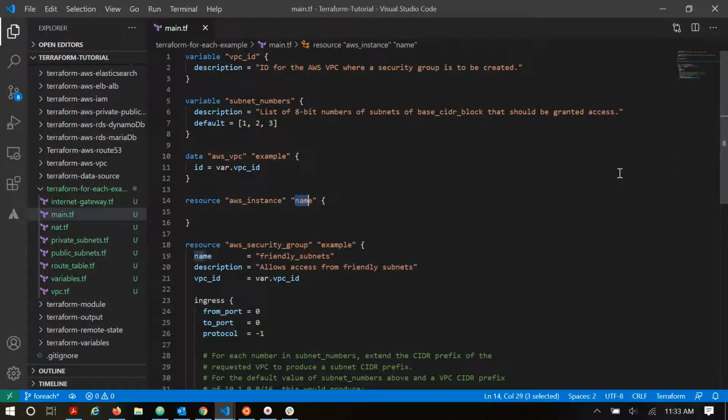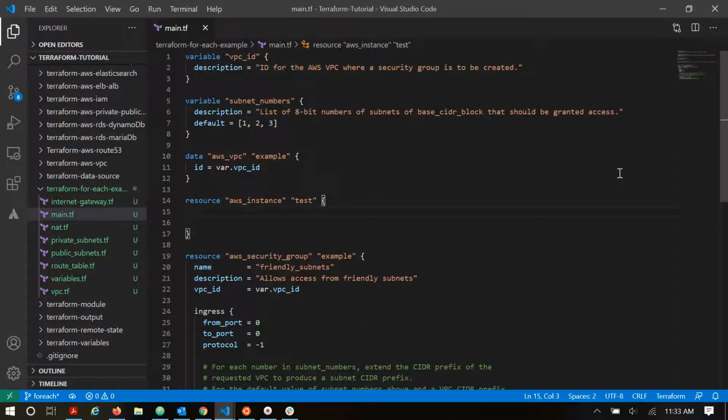Here you have to give the name, whatever name you want. I'm just giving test. In the same way you can pass your attributes here. There's a key name, and it will identify it, so you have to give the key name here. This way you can use syntax help while coding in VS Code.